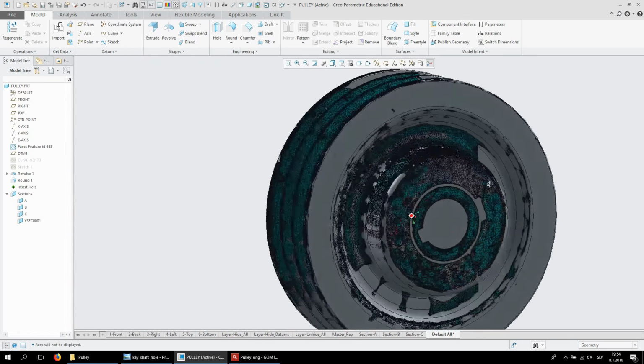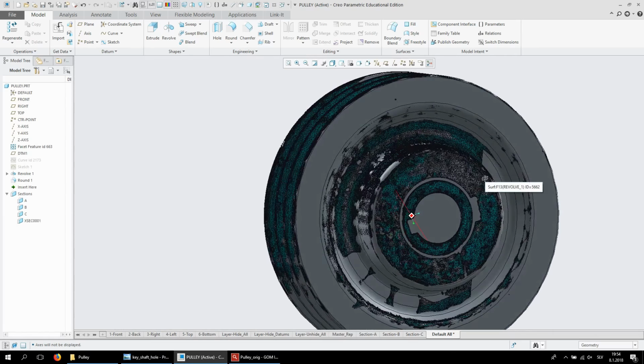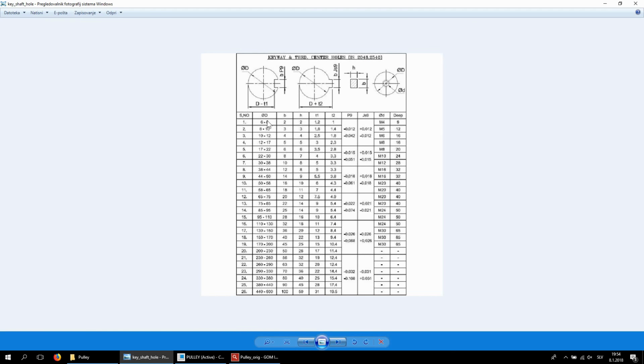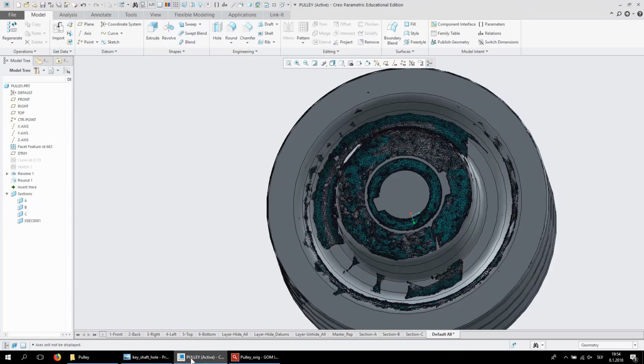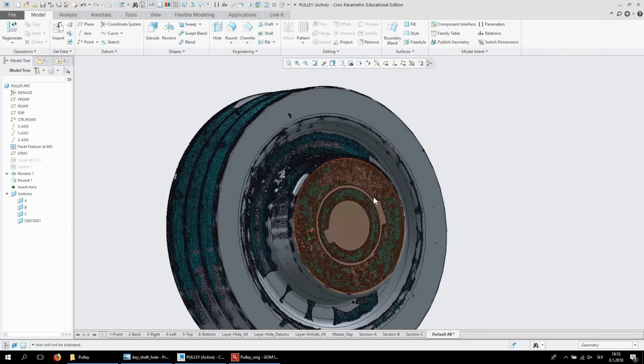So what we're going to do now is first measure the diameter of this hole if we want to use this table, because you can see here we have the diameter of the hole. To do that we have to create another cross section, and if we would do it right now we would get both the